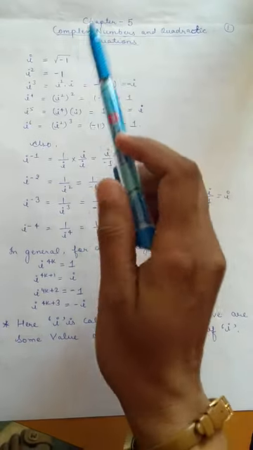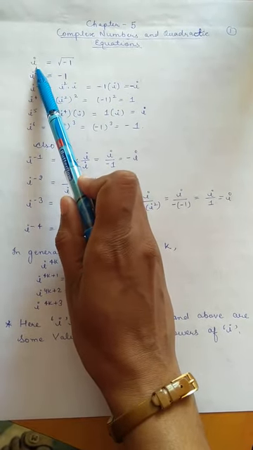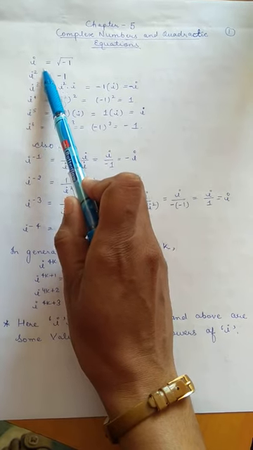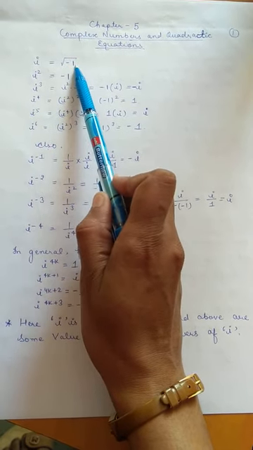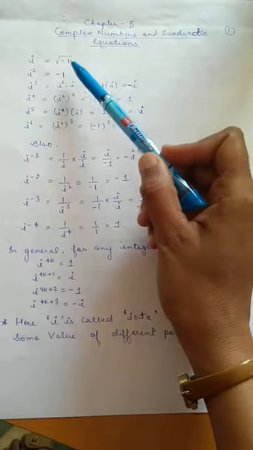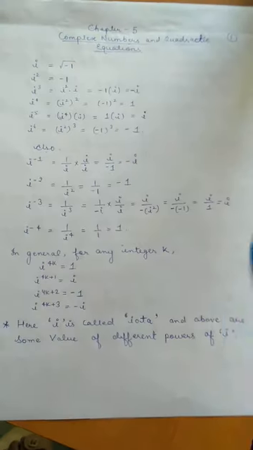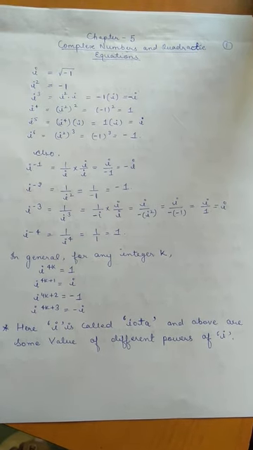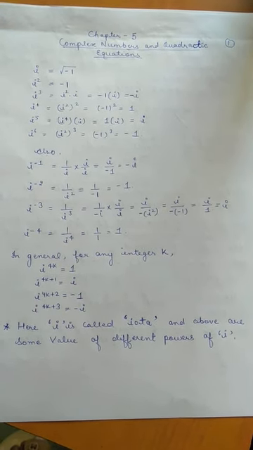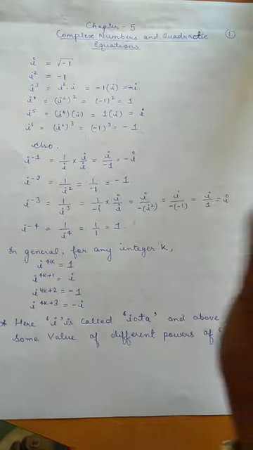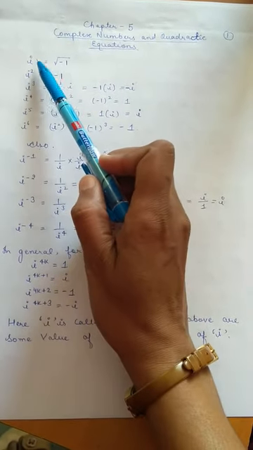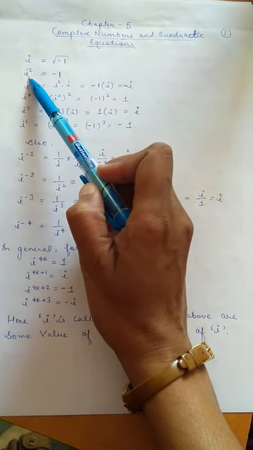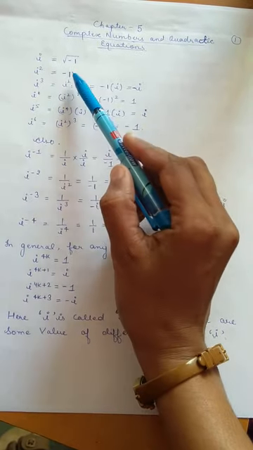Now see over here, I have written a small i, whose value is under root of -1. So what is this? This i is your iota. This i is called iota, and this is used to define basically a structure for complex numbers. Now if I square this iota, I will get the value -1.